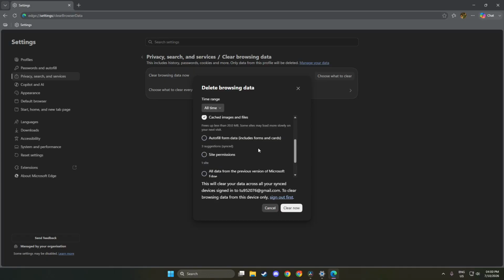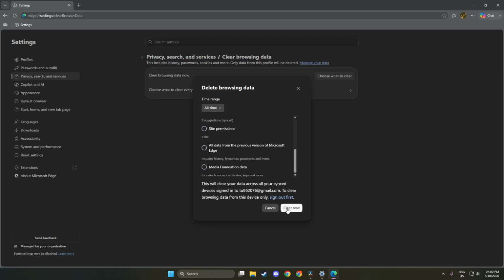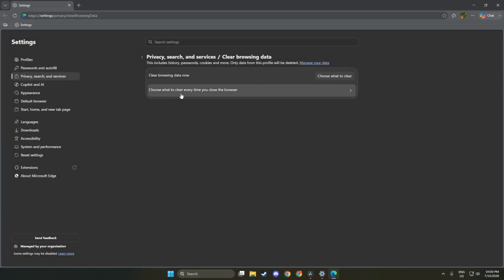At this point, you have successfully cleared the necessary data and restarted Microsoft Edge. This process not only helps fix the virus scan failed error, but also improves your overall browsing experience. It might seem like a few simple steps, but they can save you a lot of frustration in the long run. Now, you should attempt to download your file again. If the download goes through without the virus scan error, congratulations, you have successfully resolved the issue. If you still encounter problems, remember that checking your internet connection and ensuring your antivirus is not blocking downloads can also help.